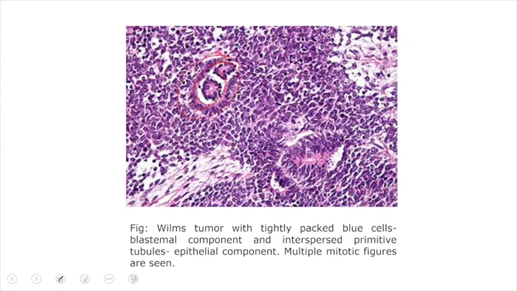So this is our epithelial component. These are our stromal components. See, these are stromal components. This is our stromal component, and these are epithelial components. Along with this, see, these are malformed tubules, and we can appreciate all these cells. These are all small round blue cells in the form of seeds. See, these are small round blue cells in the form of seeds.